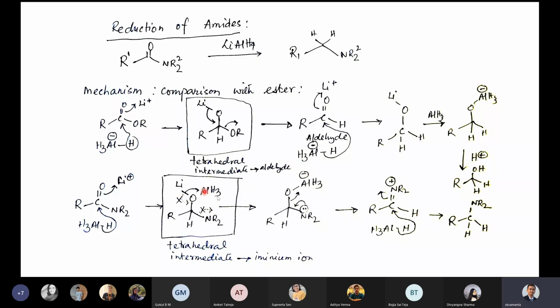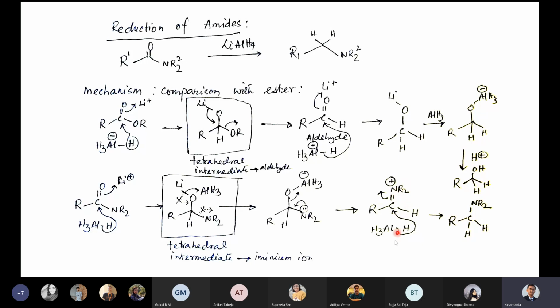Now in this situation, for the ester this bond opens up. In this case here, that is not possible. This C-N bond cannot break so easily. It is not a very good leaving group, so it does not break very easily. Instead, this lone pair now comes here so that this bond actually breaks. If the lone pair comes, you form a double bond here. So it forms R-C double bond N-R and H. Then this again forms a positive charge if these two are alkyl groups.